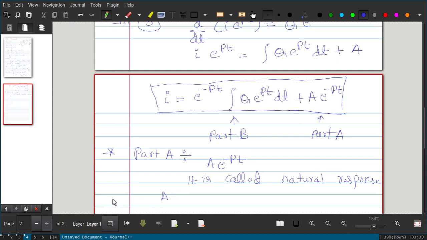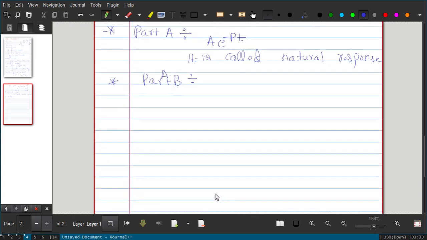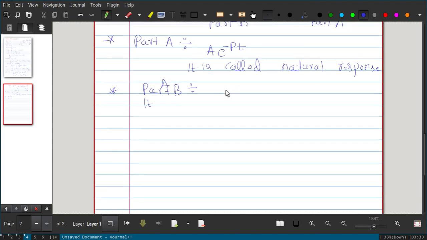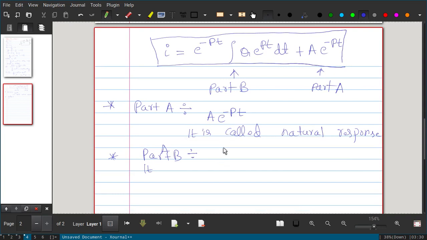Okay, so that is about part A. Next one is part B. What is part B? Let us write part B first. Part B is e power minus pt times the integral of q e power pt dt. This is part B. So we can write it represents